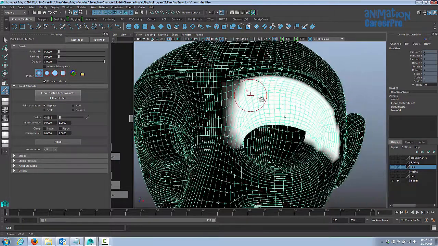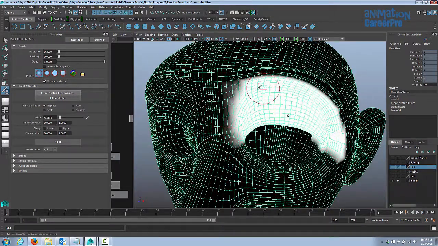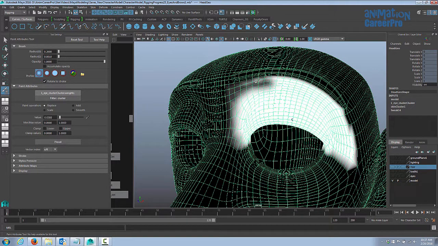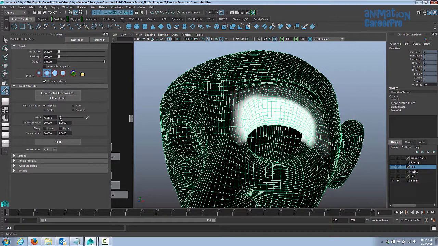This is why we made a selection a little larger than the area that we needed, just so we can create a nice gradient of weight. So we'll just paint over that. And this is just going to be rough for now. Don't get too picky with it because it's going to be adjusted in a few minutes. We just want to get something rough. So I'm going to switch my brush. And when you're on replace and you're taking weight away, you can drag this slider up. You can see it actually is adding weight to the area now.